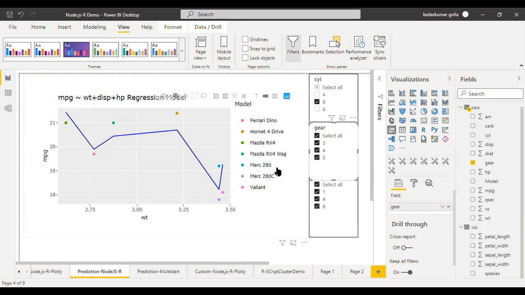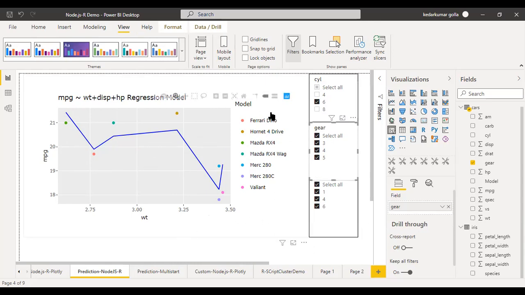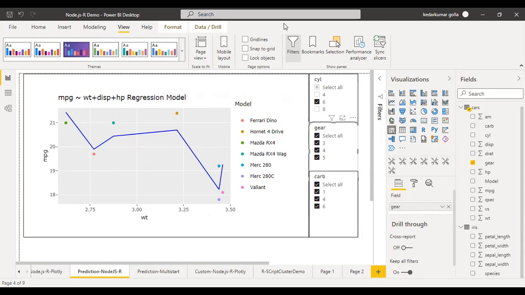So this is just a cars data set, but you can bring your own models into this in your projects and use them. So I have published this Power BI PBIX file into Power BI server, and I'll just show that.